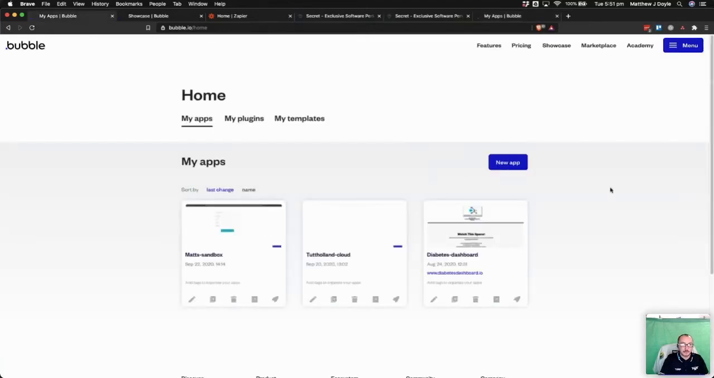That'll take us home, and you can see it'll load up our My Apps section. I've got a few apps, and a couple of different accounts. There's Diabetes Dashboard right there. We've got the cloud platform, looking at how we can build our own enterprise cloud like Google Drive, and my sandbox where I play around with all the different features. So what we're going to do is create our contact tracing app. So we go here to New App,